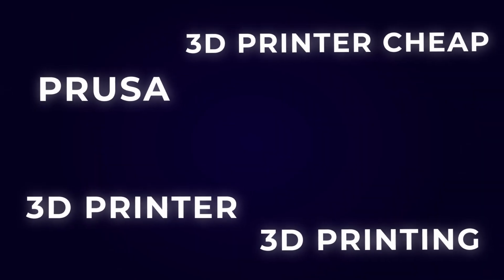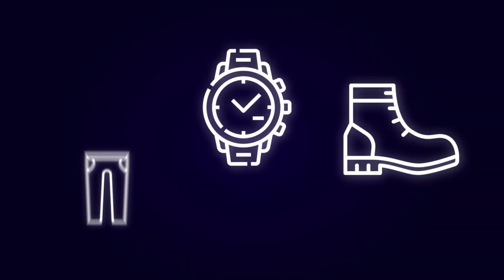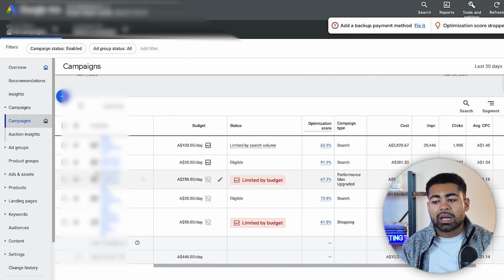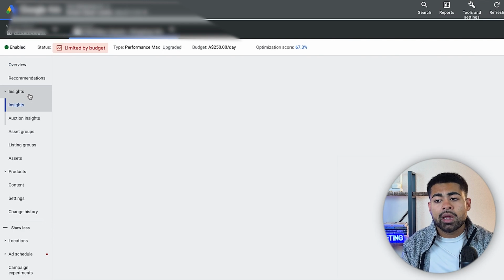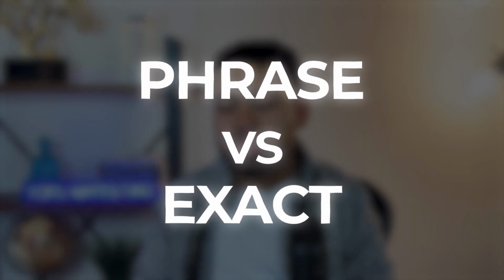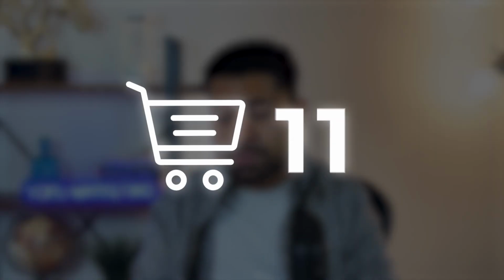The trick here is to incorporate keywords which you already know are working for your products. And again, this kind of strategy does require you to get a bit of data beforehand, but the best way to get this data is by running a shopping campaign, maybe a performance max or a standard shopping. It doesn't really matter. But for the PMAX campaign, if that's what you're going to be using, go into the insights section and look at all of the keywords getting you results, and then you can further differentiate them based on phrase match versus exact match, and so on. This is really where your strategy needs to begin